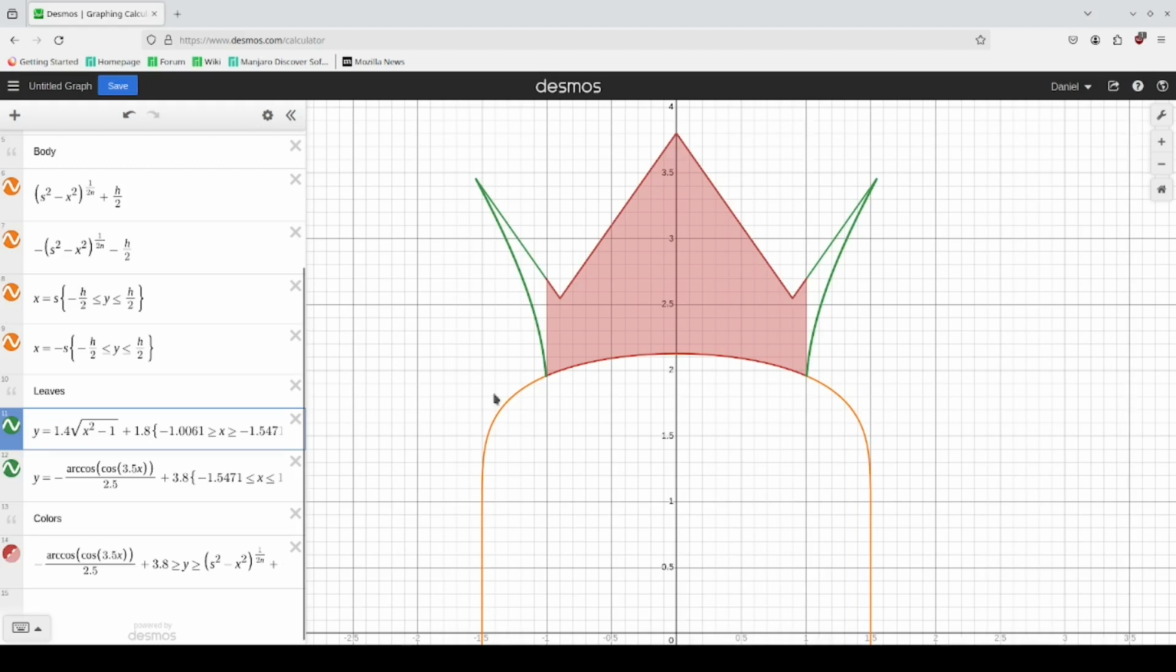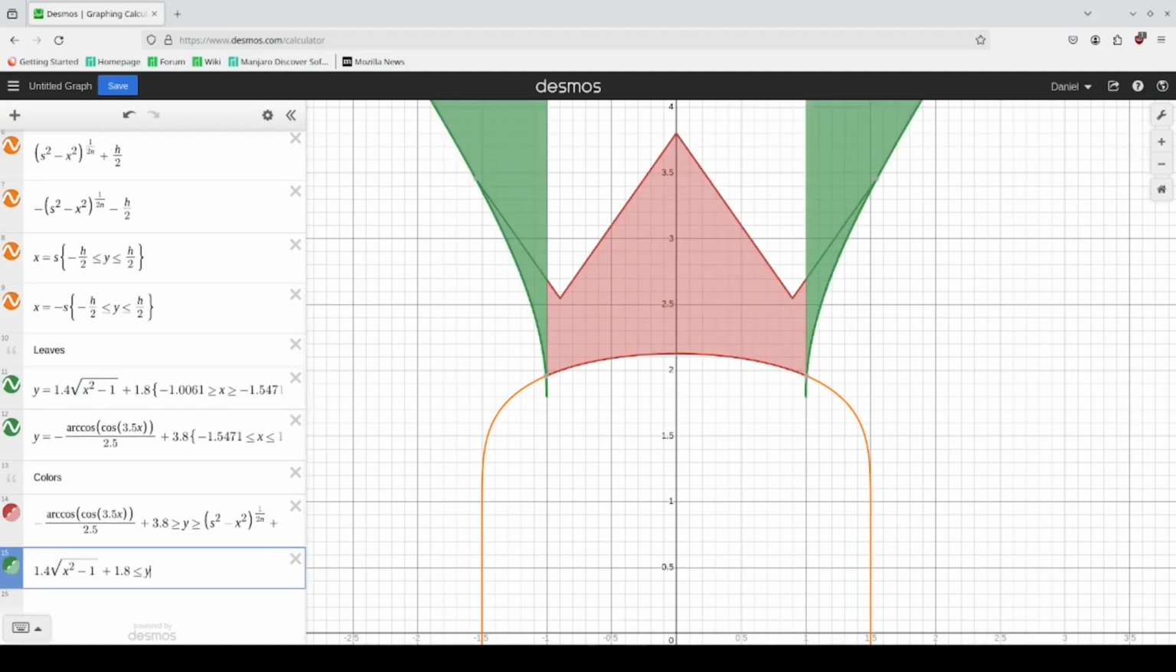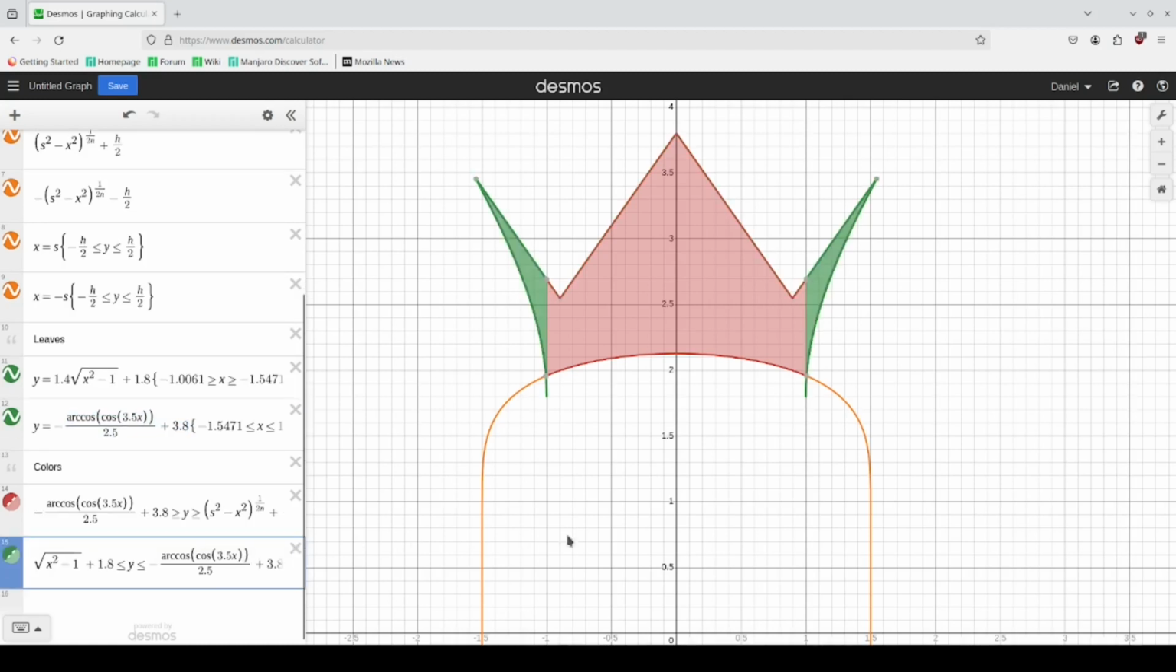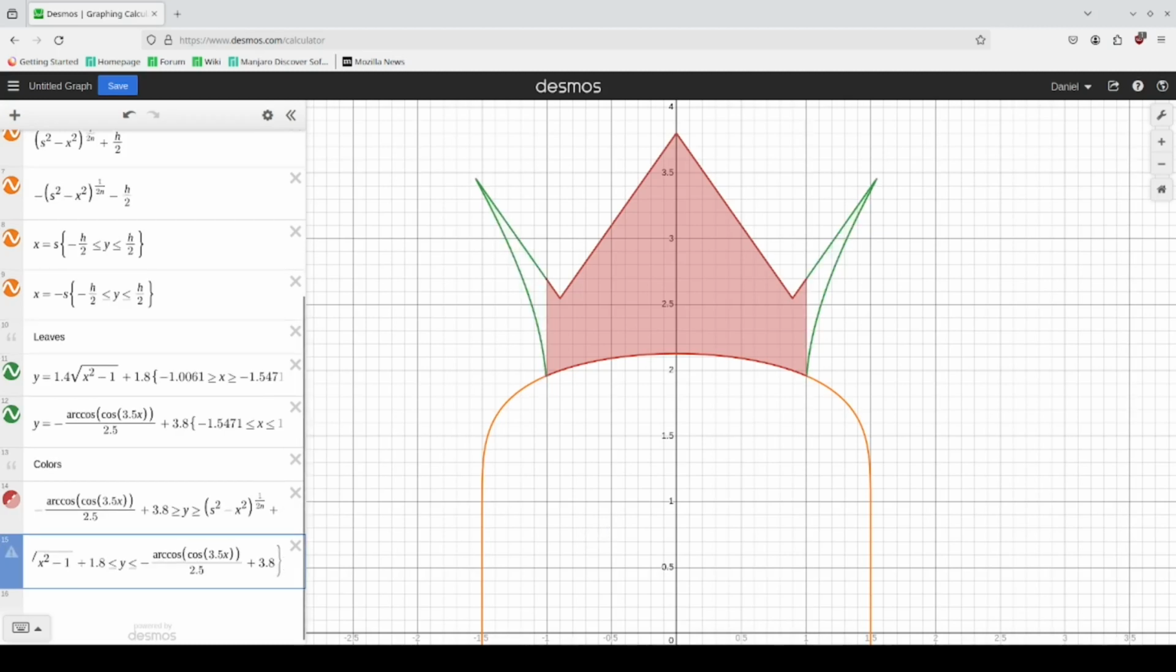Since we're already on this line, I'm just going to grab it. Now note that this is the bottom line here, and that's why we're using a less than, and we're going to use the triangle wave again. And this time for the boundaries we would be using